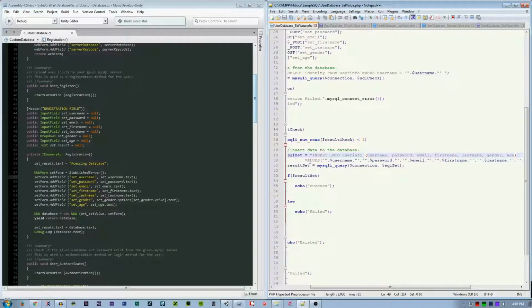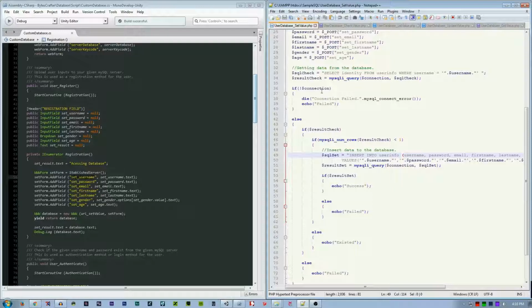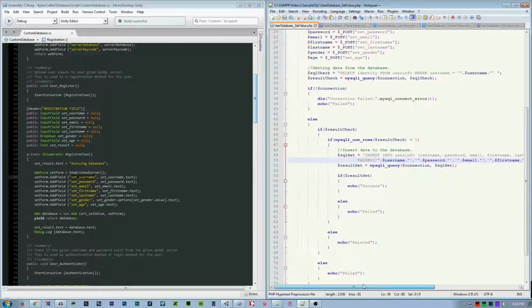And the next one is values. Values will be the variables that will be sent from the C# here. So these are the variables: the first name, username, password, email. So we have the SQL set.